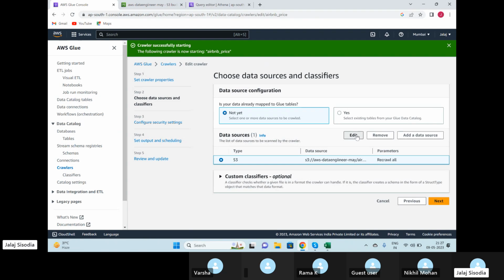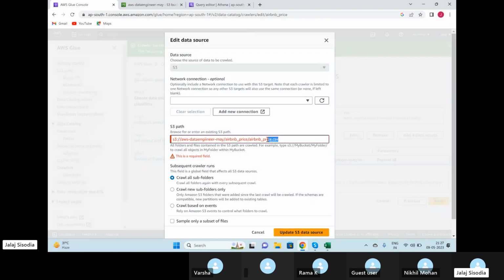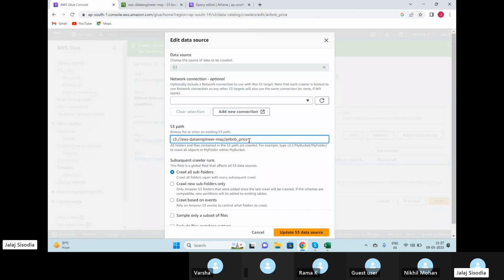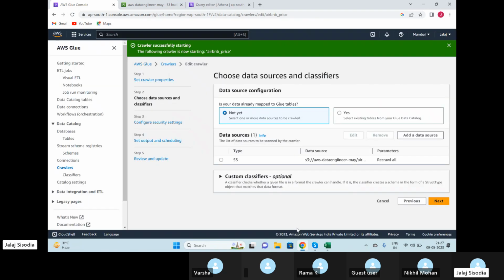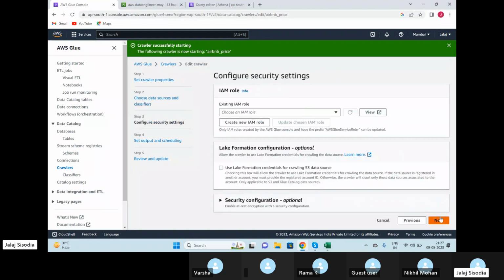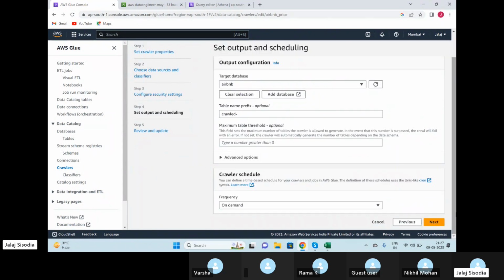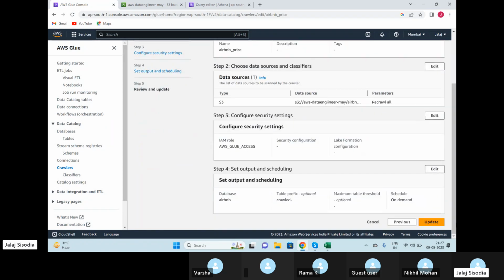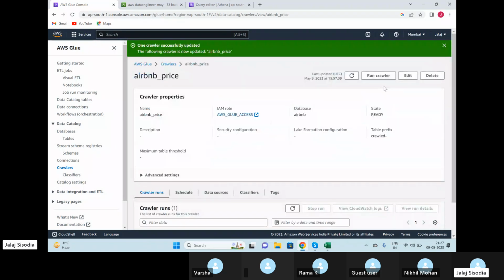I'll say edit, and instead of this, I'll simply say it like this. Okay, this should work. Update. And I'll just say next, and just hit update. It's updated. If I just run this,